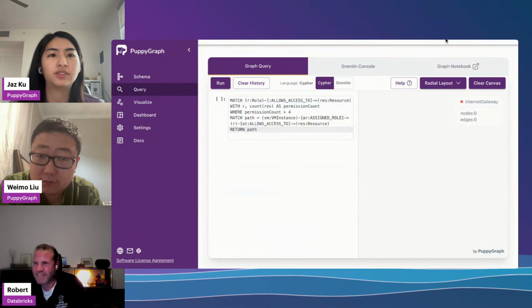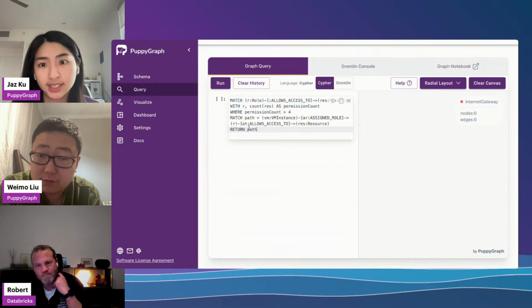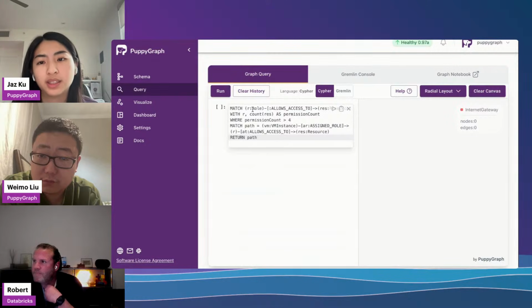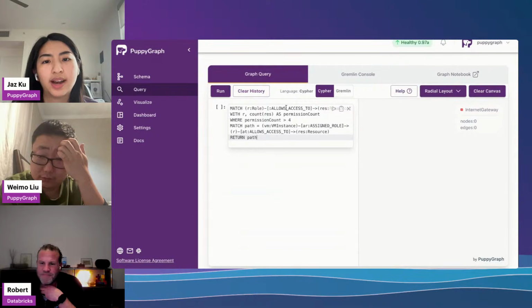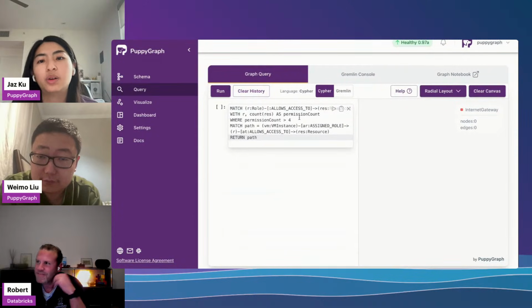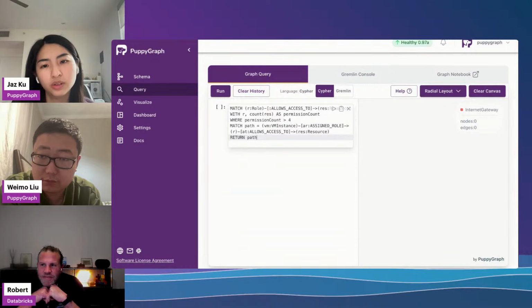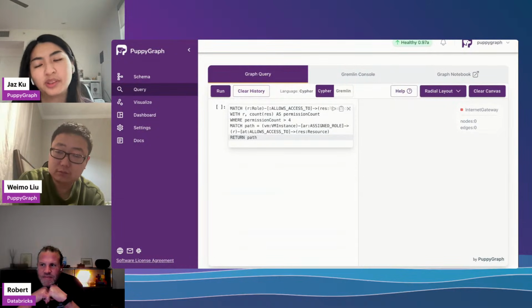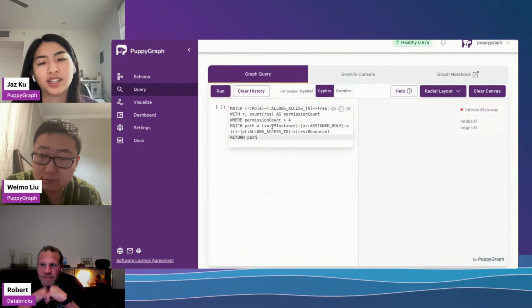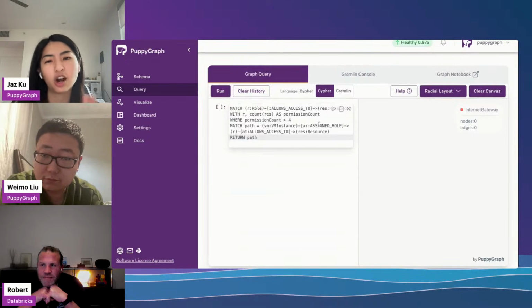And I think this next one leverages the graph traversal a lot more. It's trying to find roles that have been granted excessive access permissions alongside their virtual machine instances. We're mapping once again the path of roles that allow access to a resource. And if this role allows access to more than 4 resources, that's overly permissive, right? That might be a danger. Then we want to find out which VM instances might have these roles, because then they're pretty vulnerable. Each of these is a graph traversal because you're hopping across your tables. So which VM instance has this role that allows access to this resource?